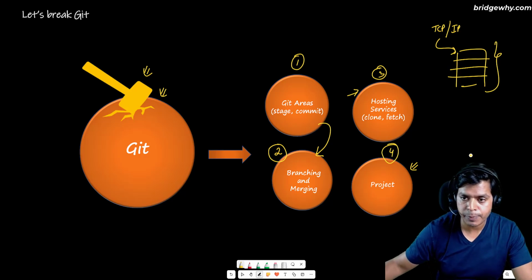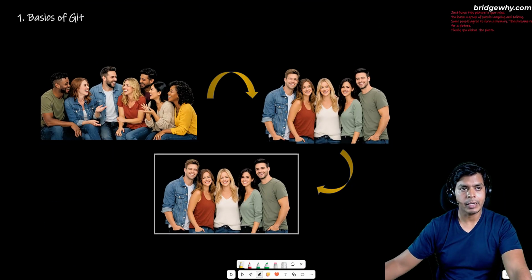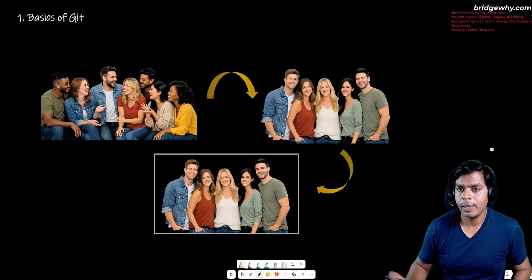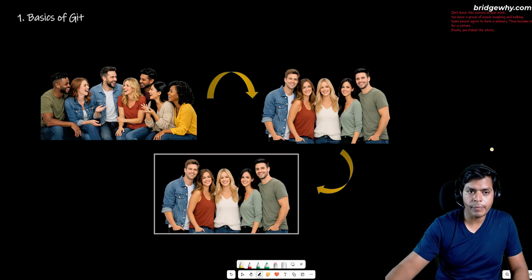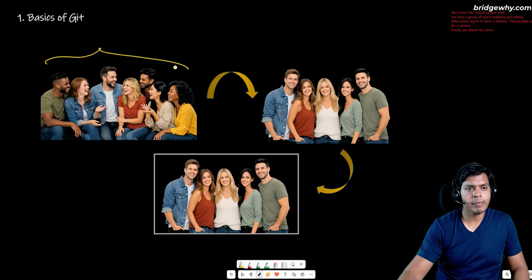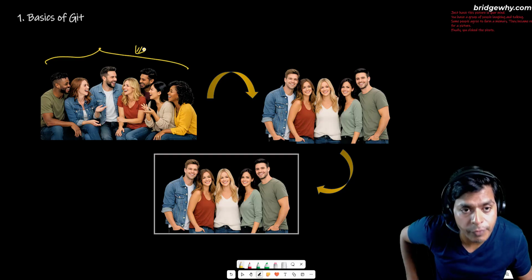Having said that, let's move to the first board where I am going to showcase a picture, right? If you retain this picture in your mind, understanding Git architecture is going to be very easy. So if you see here, we have several people. We have 7 people here who are talking, laughing, right? And then we thought, let's make a memory of this moment, right? So we asked them, would you mind if I take a snapshot of you,